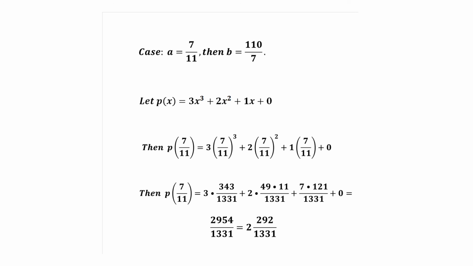11 cubed, that's 1331. Then you got 2 times 49 times 11 over 1331, and we'll multiply by 7 times 11 squared in the numerator and 11 squared in the denominator. So we have 7 times 121. Those numbers should be familiar. That's 1,029 plus 1,078 plus 847 over 1331. Goes in 2 times, and you got a remainder of 292 over 1331. I think that's simpler to do it directly with this particular A value, 7 over 11, than using the tuple